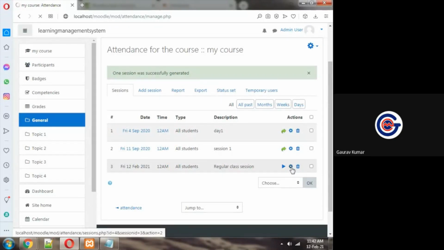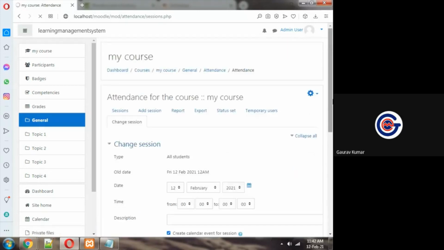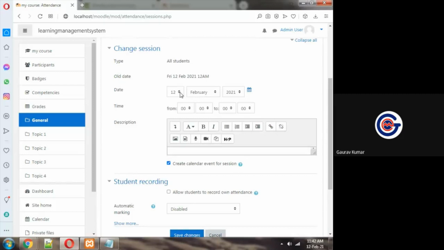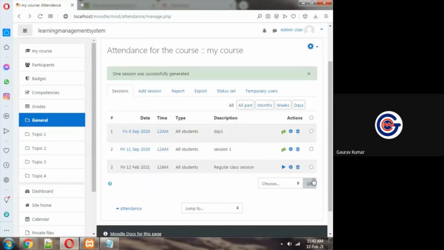On click of edit settings, I can change its settings. I can change the timing of the lecture, and on click of take attendance, this date and time I have set on 12 February, that is today, and it shows how many students are eligible for this class. Suppose section-wise we have created the categories.